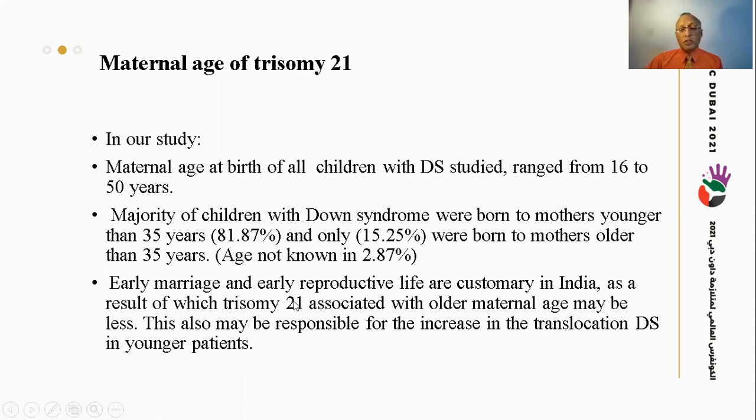of which trisomy 21 associated with older maternal age may be less. This also may be responsible for the increase in the translocation Down syndrome in younger patients. As mentioned earlier, when mothers are above 35 years, the trisomy oocytes are increasing. Now, because the mothers are mostly younger than 30 years, the chance of an increased trisomy 21 in the oocyte is less. And that may be the reason why, because the number is increased, we are getting more of translocation